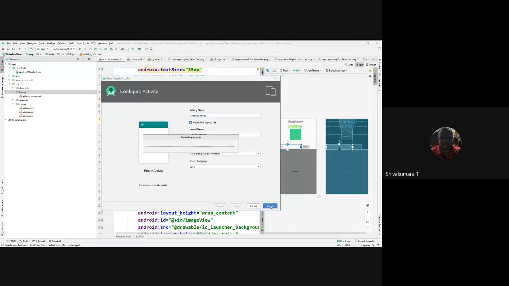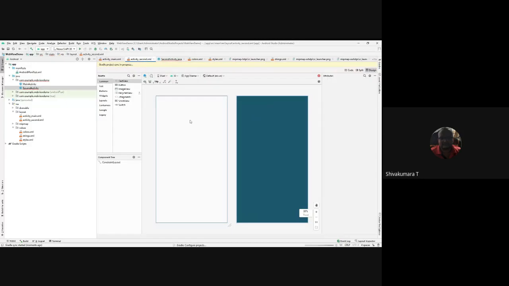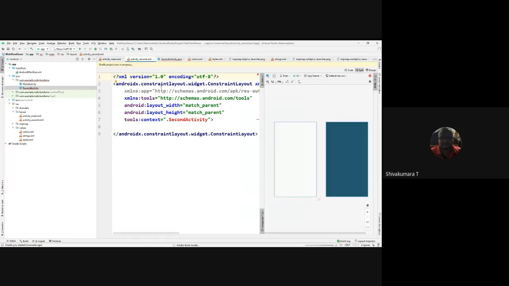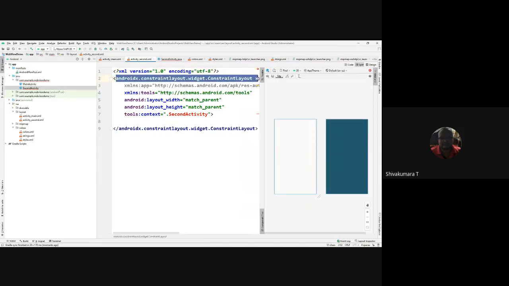Just finish it. Here, second activity is the java class, and activity underscore second is the GUI.